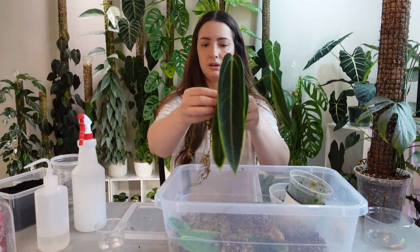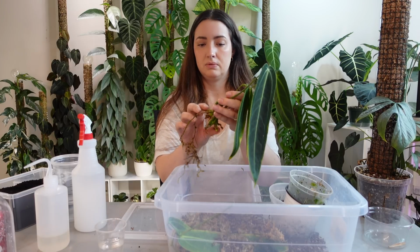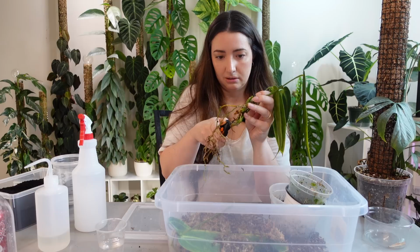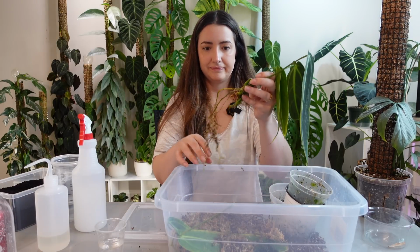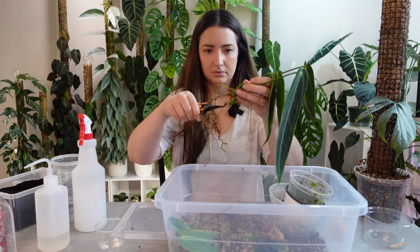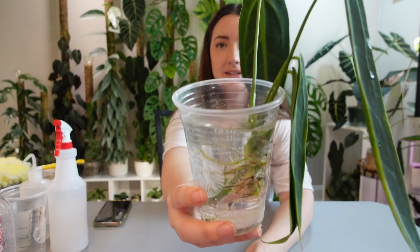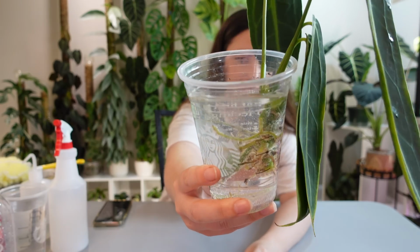All right, I'm going to get a bin of water, fill it with hydrogen peroxide, and rehab this Anthurium. It is bubbling and doing its thing. Look at that. Oh, this Anthurium is going to be so mad. Hopefully it'll do okay. Like I said, I'm going to root that strictly in moss. I'm going to let it soak for like 30 minutes. So the next project I'm going to do